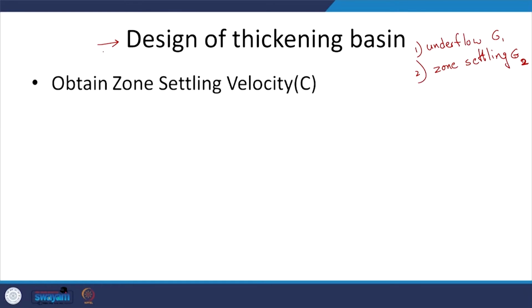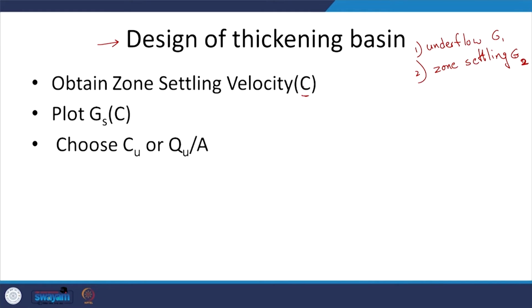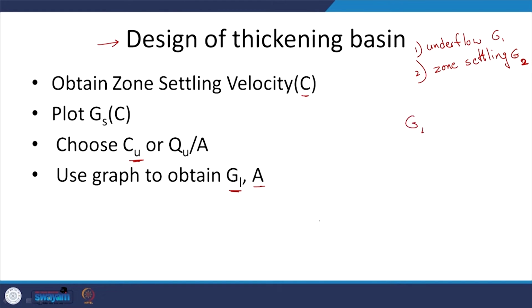Let us move on. We can obtain the zone settling velocity. You looked at the graphs and such, you know how to do that from the previous one, and you are going to plot G, and from that choose the Cu, or Qu by A. We will use the graph to obtain the limiting flux, and from that you can get the relevant cross sectional area. For example, once I get the limiting flux, G limiting, and I know the mass loading rate, the rate at which the solids are coming in, mass per time,